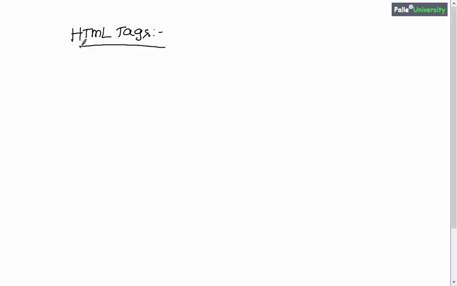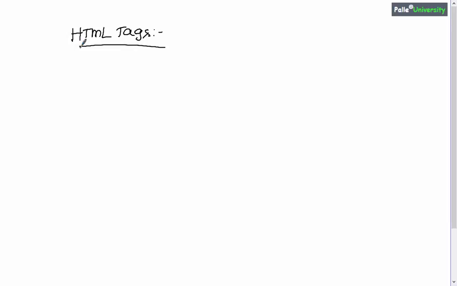So in this session, we will try to understand different types of HTML tags which are frequently used in web development or web application development. While designing websites, in many cases the developers will be frequently using some HTML tags. So I will try to talk about those frequently used HTML tags in this session. But anyhow, apart from the tags I am going to cover in this session, there are many other tags available in HTML.